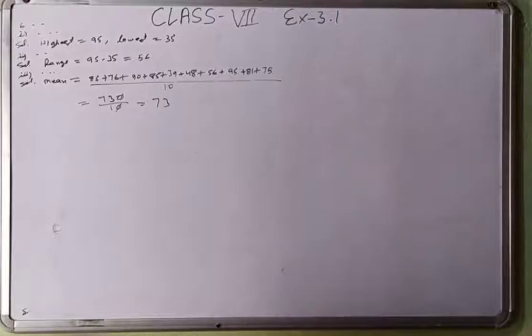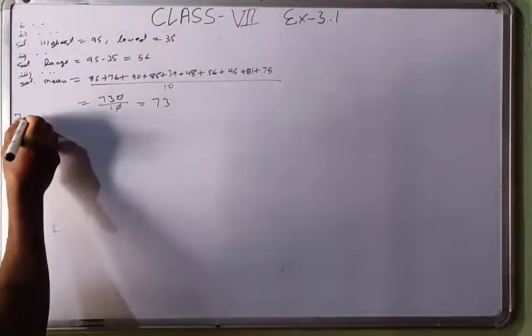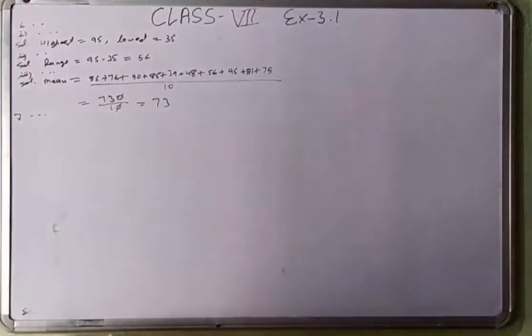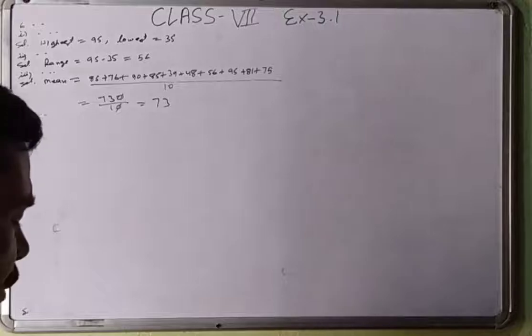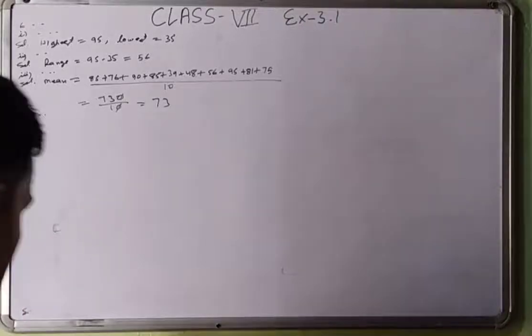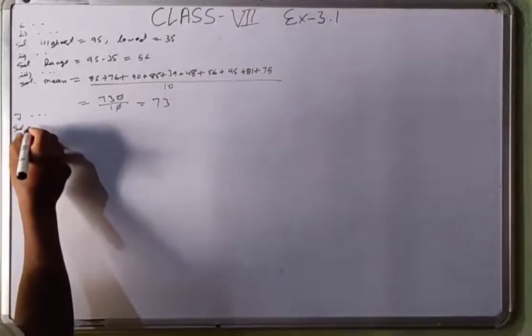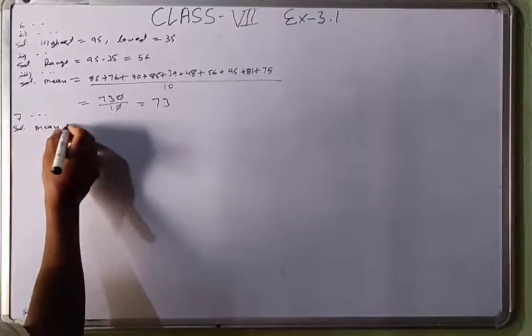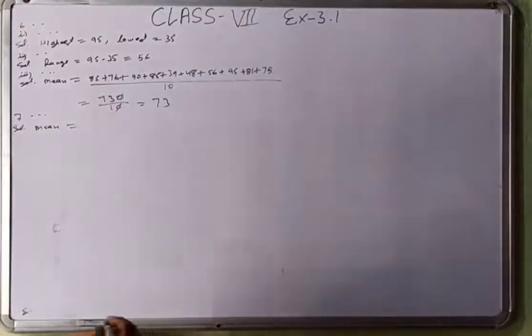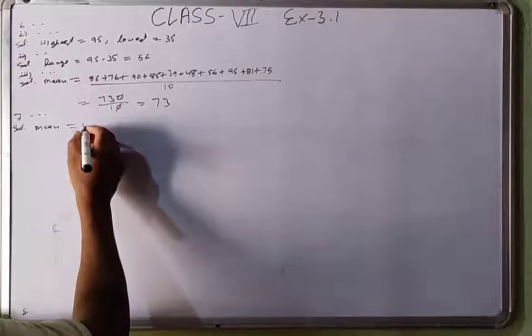And then the seventh question. The enrollment in a school during 6 consecutive years was as follows. This is given. Find the mean. So mean is equal to, same thing, first of all write 1,555